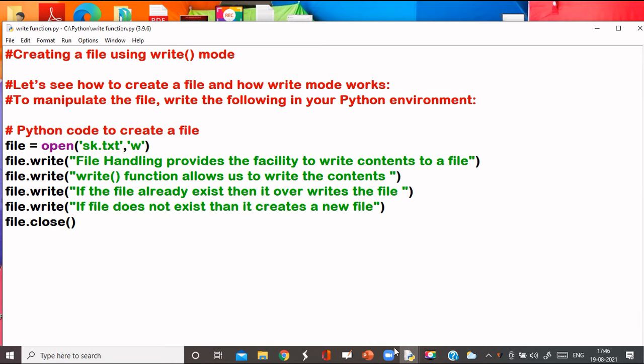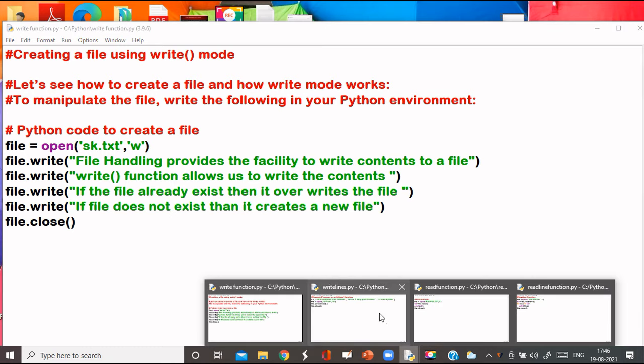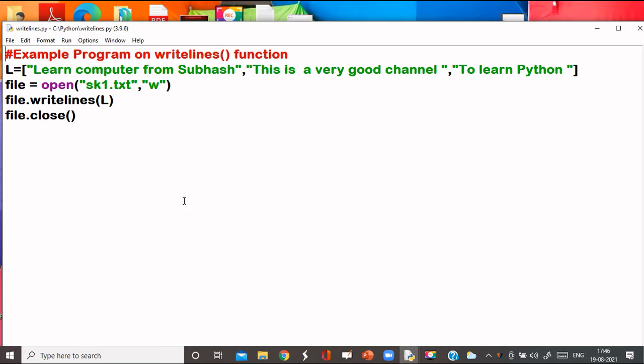Next, I will demonstrate the writelines function. With writelines, you can write a set of strings there. A set of strings is stored here, like "Learn computer from Subhas. This is a very good channel to learn Python." These are the set of strings or lines, and they will be written one by one in a file.